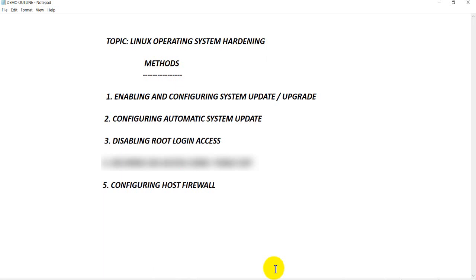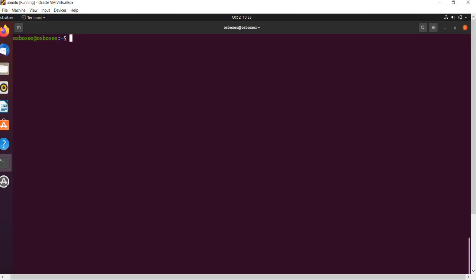The next thing I'm going to do is configure automatic system updates. It's very tiring performing updates manually, and sometimes you can easily forget to update your system. So that's why it's advisable to enable automatic system updates to ease you the stress of doing it manually. So we're going to go back to our Ubuntu terminal, and then we're going to run the command sudo apt